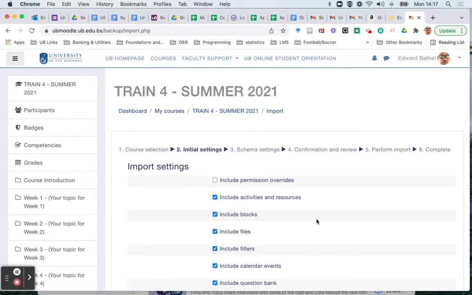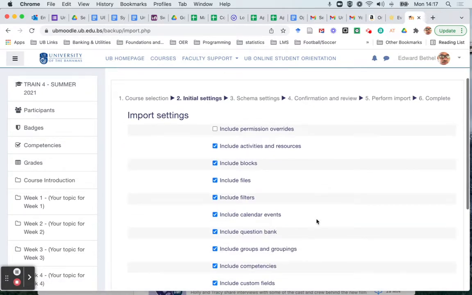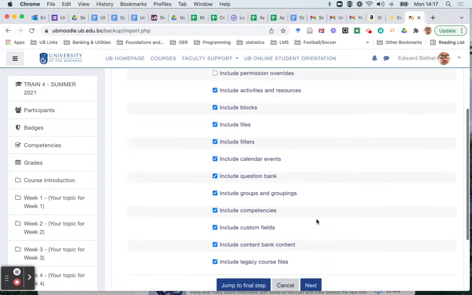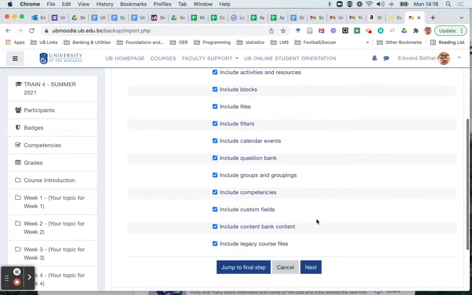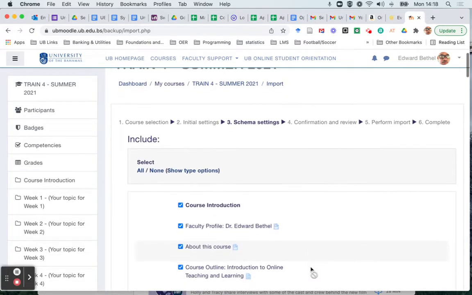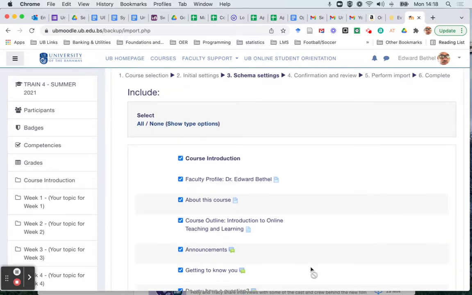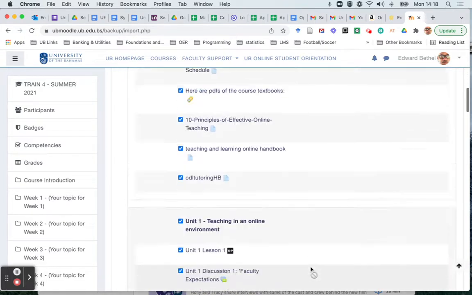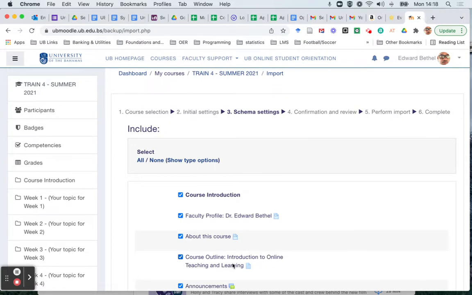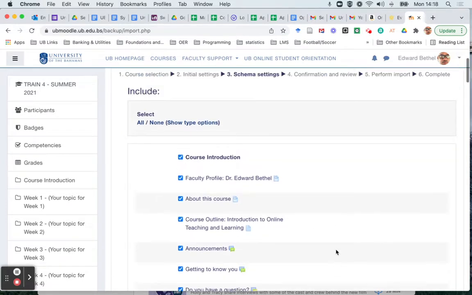And now it asks me if I want to include all of this stuff. Yes, I want to include all of this stuff. And then I select next. And now you can then choose what exactly you want to bring over into your new course. Now, because I only want to bring over one item, I'm not going to go through and deselect all of these things and just leave the one item that I want to bring over. Instead, what I'm going to do is select none,